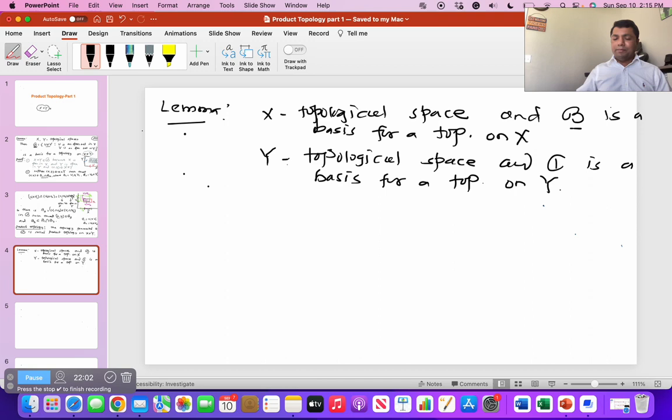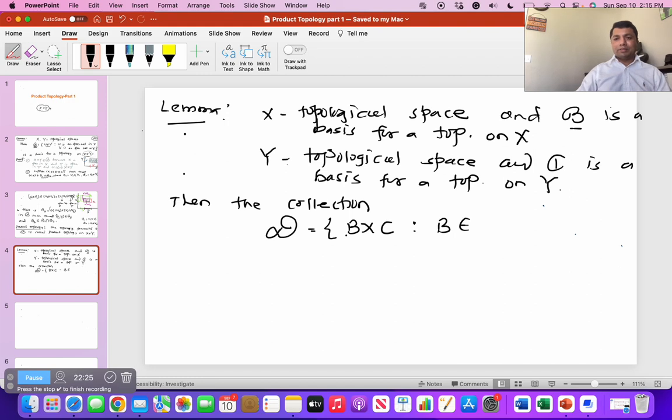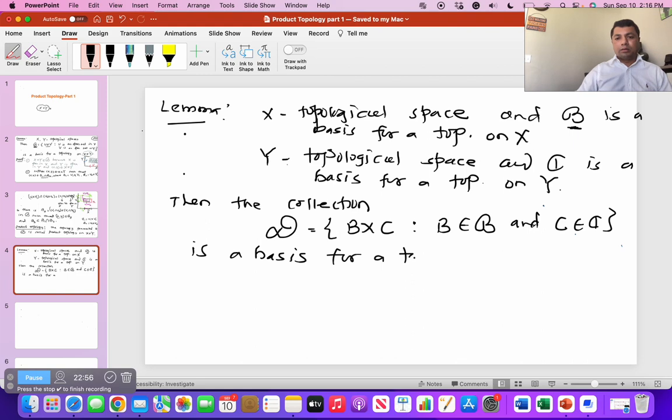Then this lemma tells us that this collection, which is script D, the collection of all the Cartesian products B cross C, such that B, the first set of this Cartesian product, is an element of script B, or B is a basis element for the topology on X, and C is a basis element for the topology on Y, that means C is in script C, is a basis for a topology